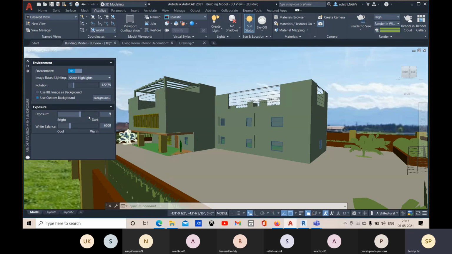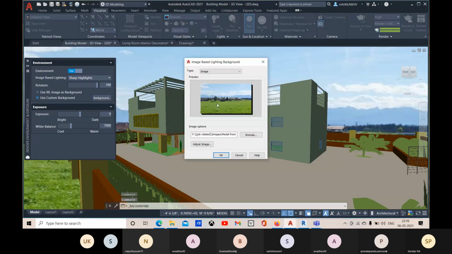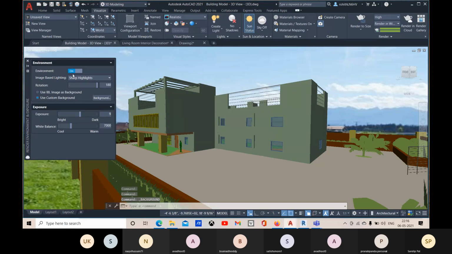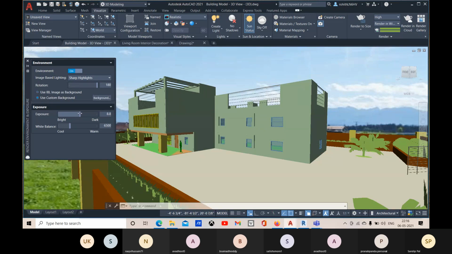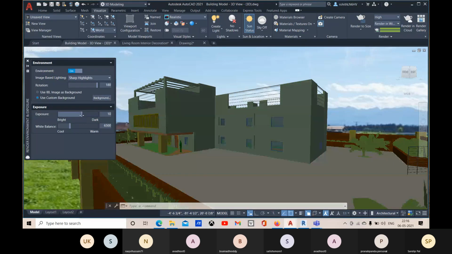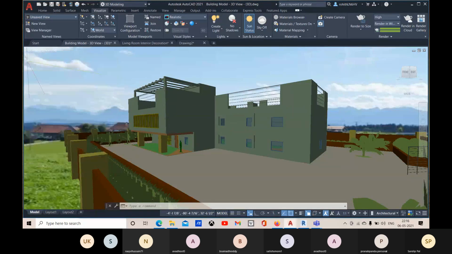Here you have this rotation option, but that is for your IBL. And after that, you can go for render to size.